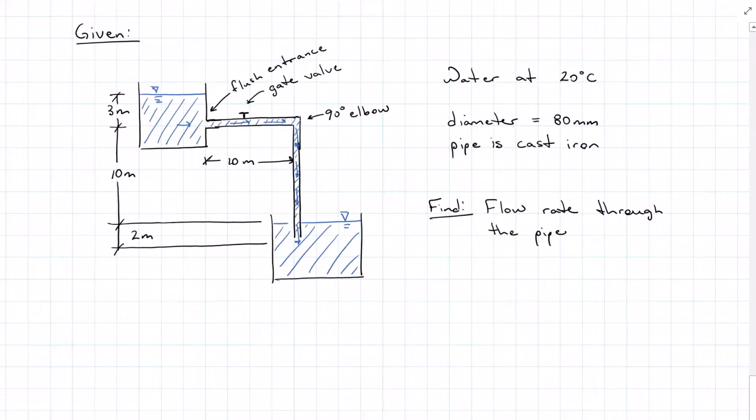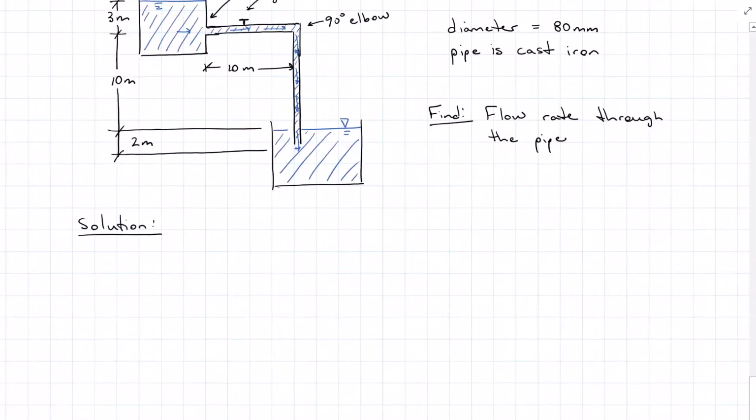We're given 2 tanks, and tank number 1 is filled with water at 20 degrees Celsius, and then the gate valve is open and the water flows through to tank number 2 at the bottom here through an 80 millimeter diameter cast iron pipe. Find the flow rate through the pipe. Starting with our energy equation,